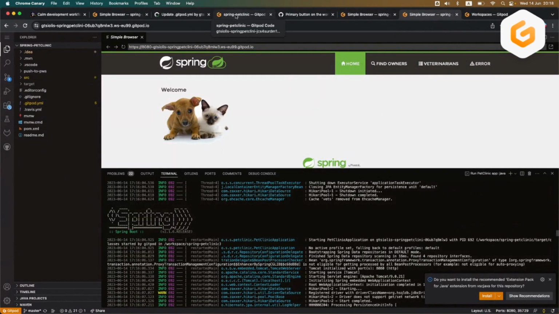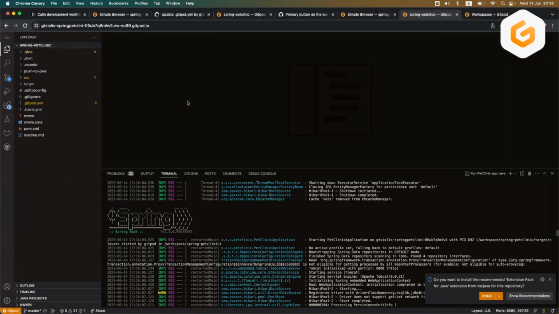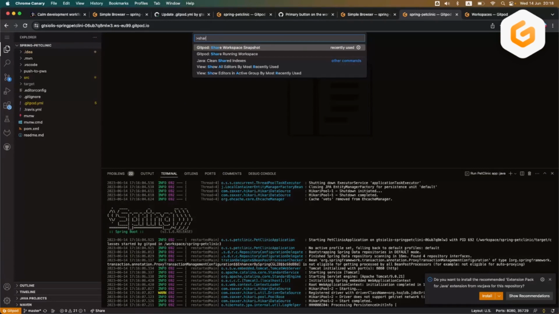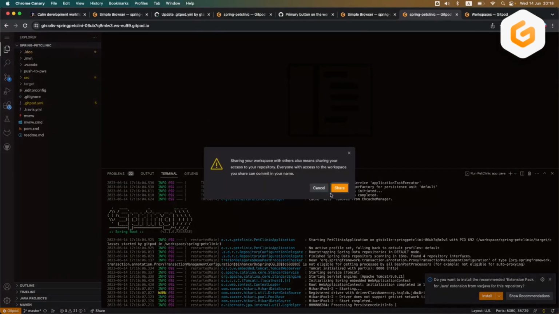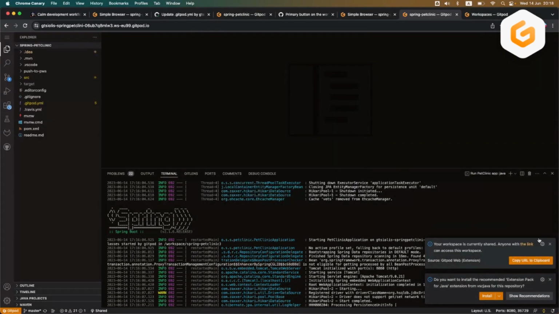And the last point is about collaboration and how when you are in a workspace, you can actually share a running workspace, and you can get this link and copy and give it to a collaborator. Maybe you want to pair program while working remotely, and they will open a new workspace with the context, with exactly the same access within this workspace.